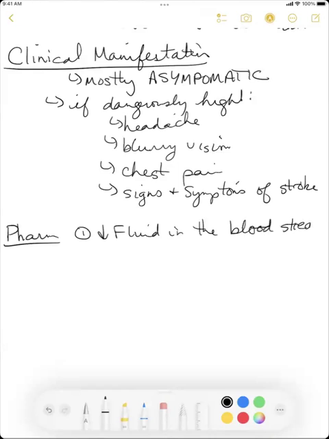Less fluid pushing up against the walls of the arteries means less pressure. Okay. And the typical way that we do this is through a diuretic. Makes you pee more. Diuretics make you pee, so that fluid, instead of staying in the bloodstream, is being eliminated